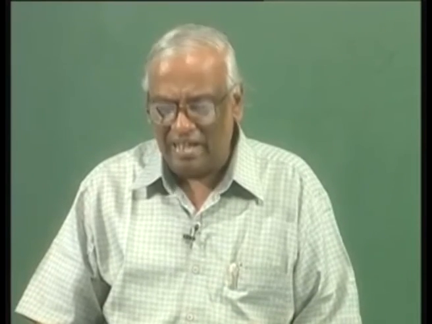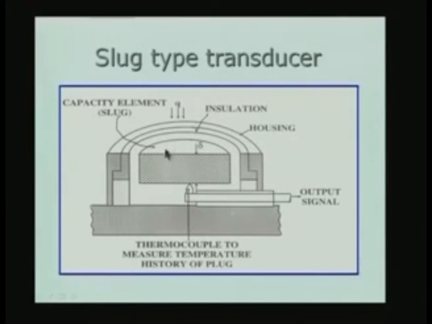Consider, for example, a slug type transducer. What is a slug type transducer? It is simply a piece of material which is shown here. This is a slug. Slug is simply a piece of material, a block of material, which in this case is a cylinder or a slab or a cylindrical slab of some given diameter, and the thickness delta. What I am doing is, I am exposing this slug of material to the heat flux which is impinging here as is shown here, and I am preventing heat transfer from the slug in any other direction.